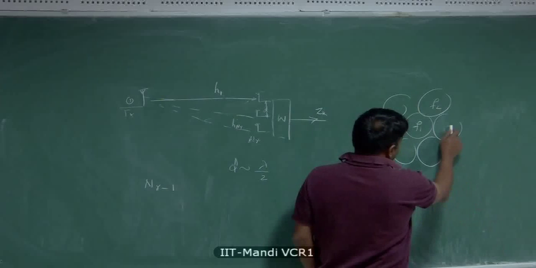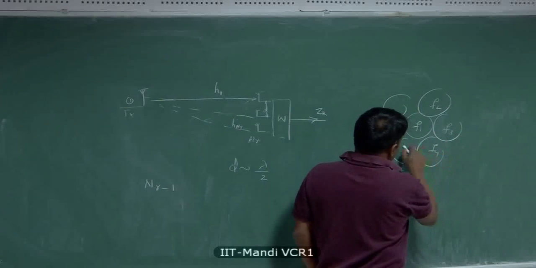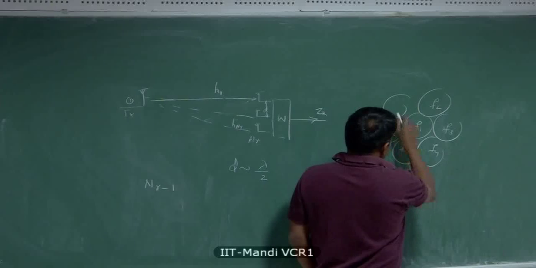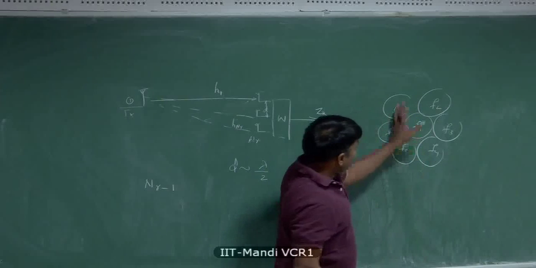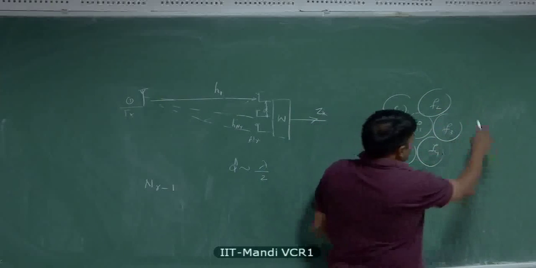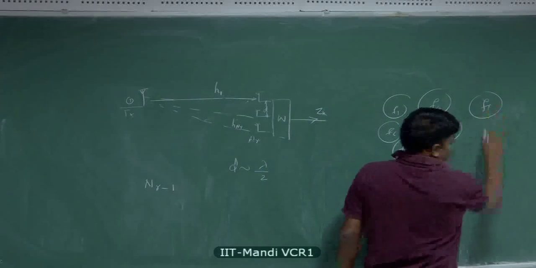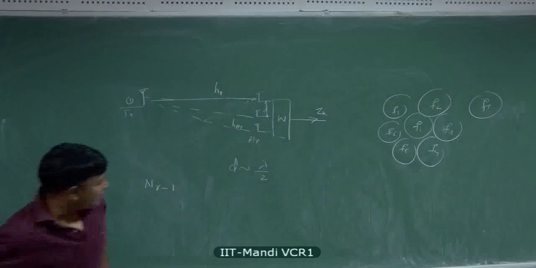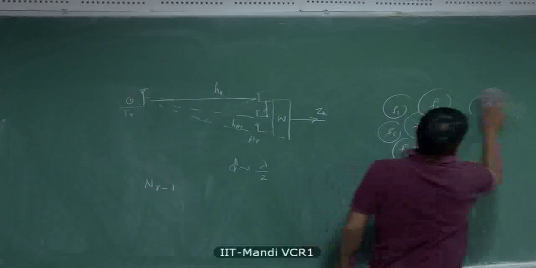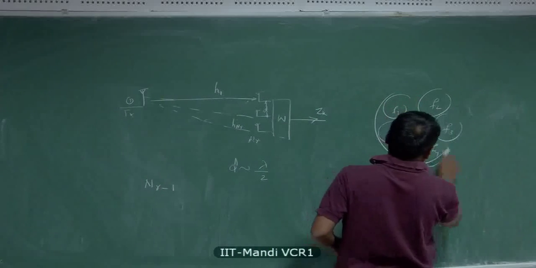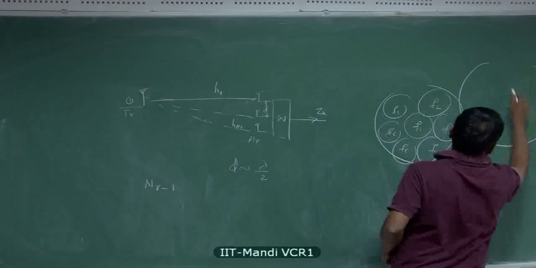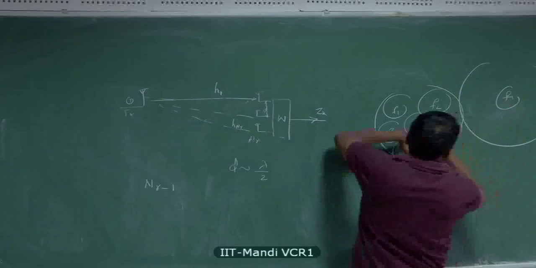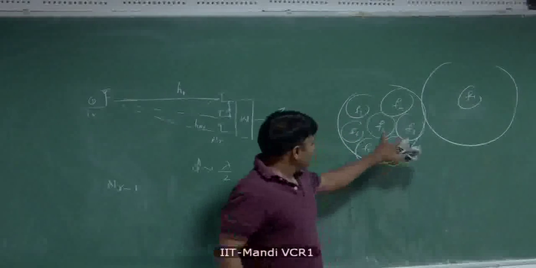These are carrier frequencies. F3, F4, F5, F6, F7. And then you can reuse them later on, F1 here, somewhere here. So you develop these clusters. And you can have another cluster with the same structure repeating here, and F1 is somewhere here, and the distance between